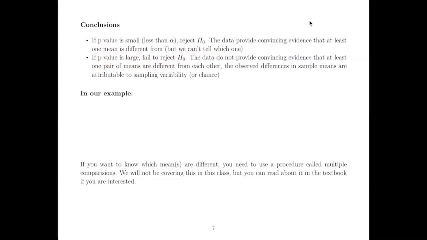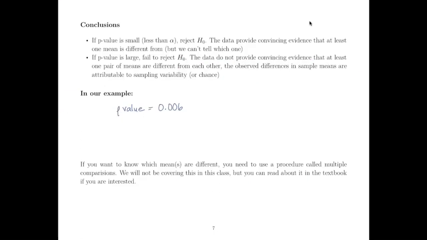There's not convincing evidence, or significant evidence, that one pair of means is different from the others. Okay, and again, the observed differences can be attributed just to sampling variability or chance, not true differences between the different groups. So in this case, we had a p-value of, I can't remember exactly, 0.006 something,